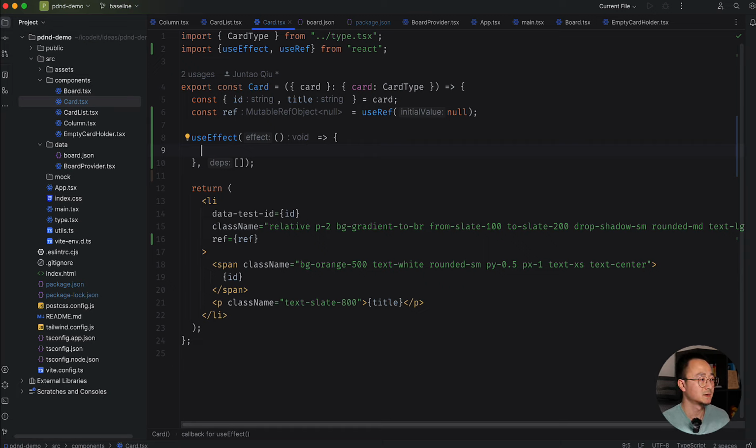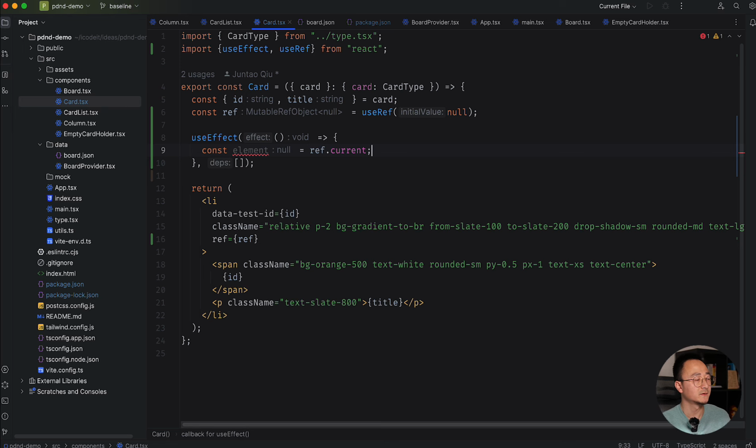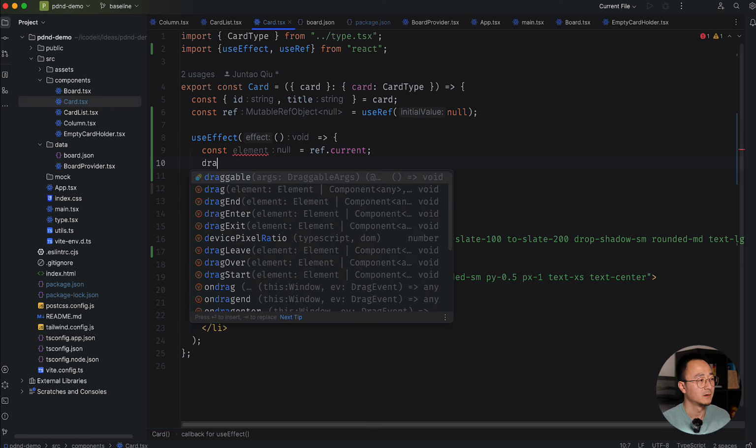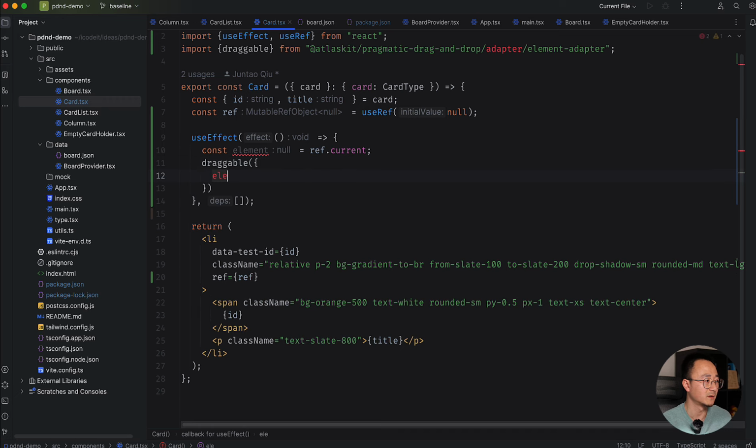So firstly, let's access that element from here. We say element is ref.current, and once we have this element, we can use the draggable API from the pdnd library. Draggable is the API we can call,